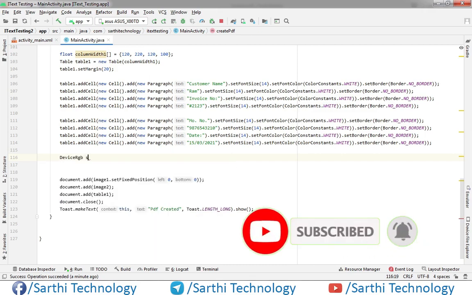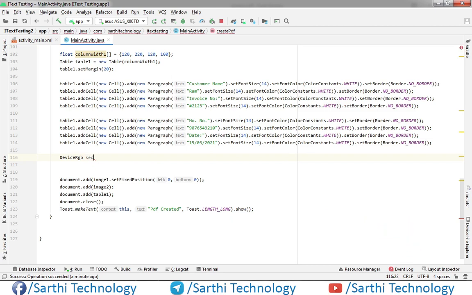Device RGB secondary color, and its value is 8, 106, 119.